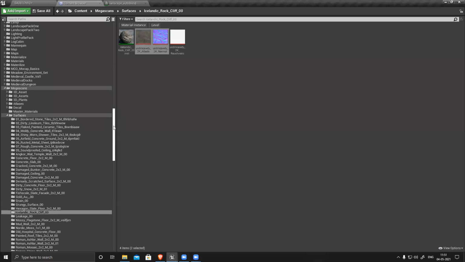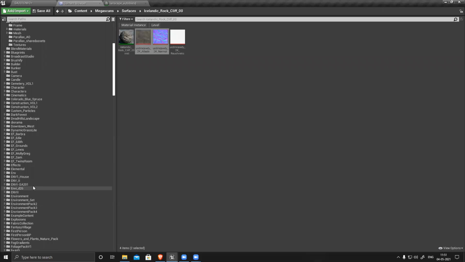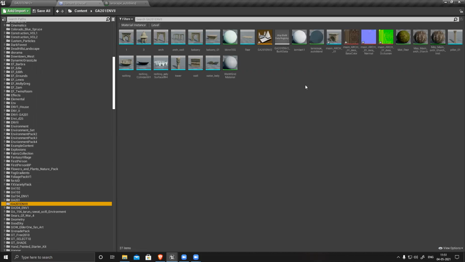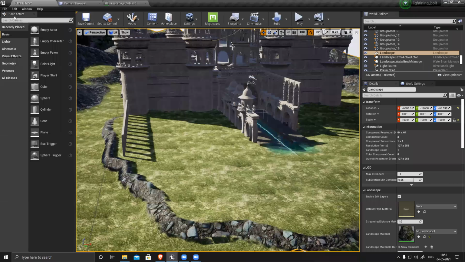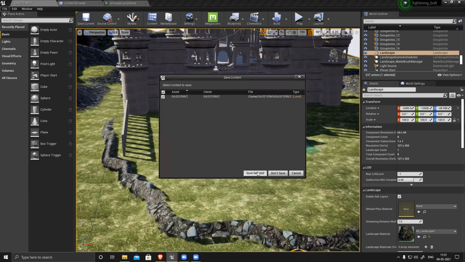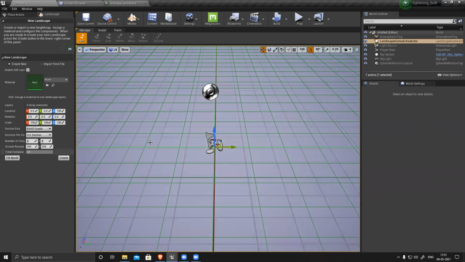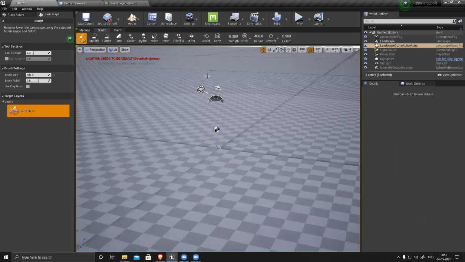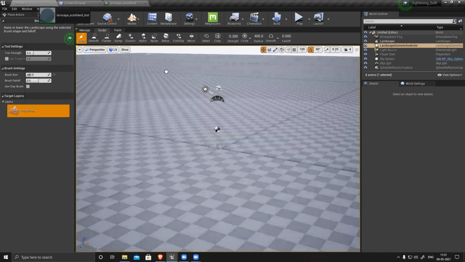Now I'll go back to my material. Where is this one? Right click, convert into an instance. Now let me go, I'll just make a new level. So delete. I'll generate a landscape. Just create a landscape. I just created a landscape. There is no volume, no surface, nothing. So I'll just select this and apply it here.